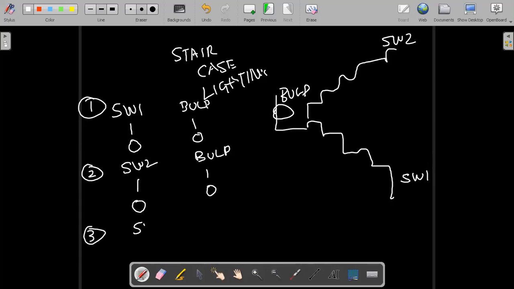Third one, switch 1 you're on. That is, you are climbing up, you press on. Once you reach the top, your bulb is on actually. When you press switch 1, the bulb is on. As soon as you press switch 2, this should become off. So you're climbing, you're switching on and the bulb is glowing. You climb up here, you press the switch, and immediately this bulb should be off. Similarly, vice versa. Using switch 2, you make the bulb on. Using switch 1, you make the bulb off.